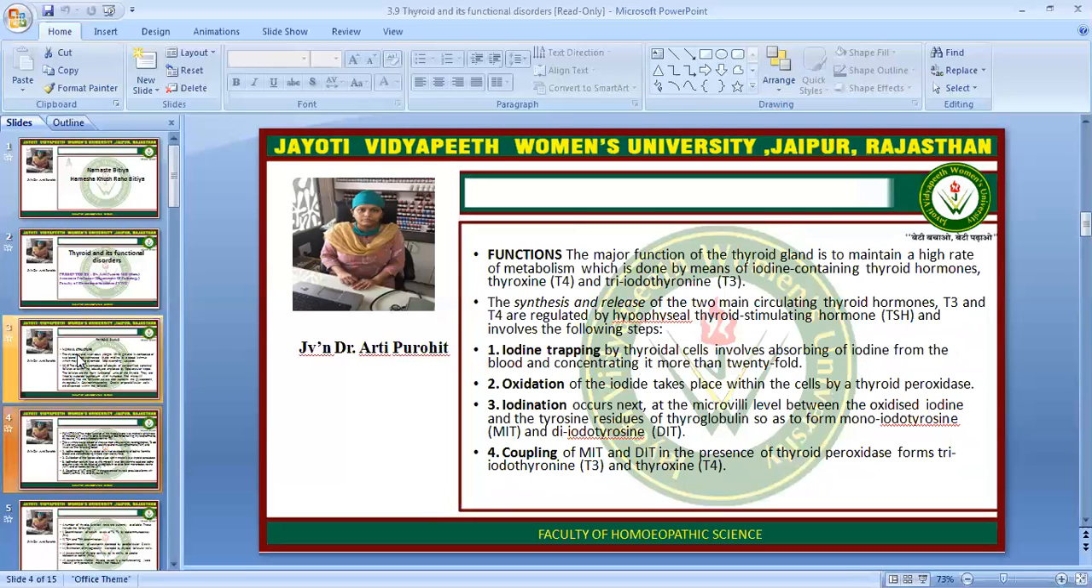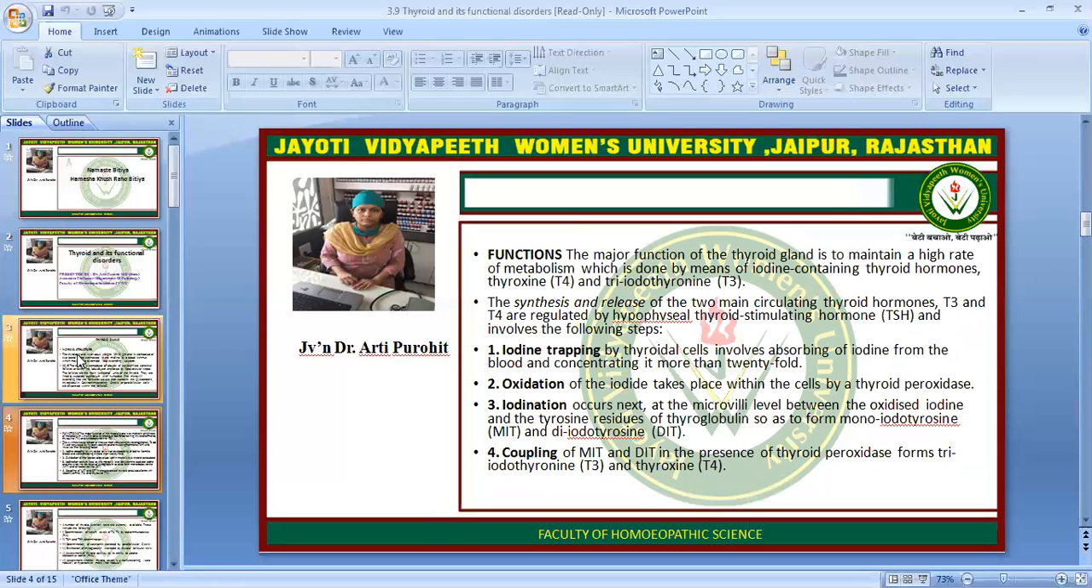The function of the thyroid gland: the major function is to maintain a high rate of metabolism, which is done by means of iodine containing thyroid hormones, thyroxine, T4, and triiodothyronine, that is T3. The synthesis and release of these two main circulating thyroid hormones are regulated by hypophyseal thyroid stimulating hormone, TSH, and